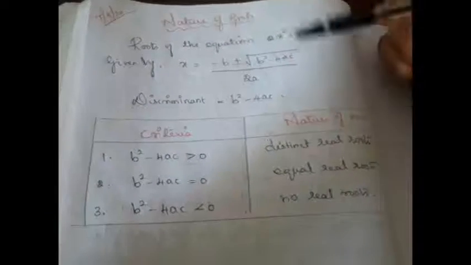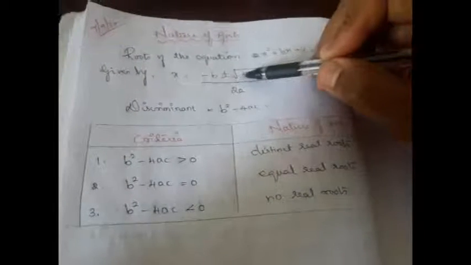Okay. What happens if this b square minus 4ac is going to be a negative number? So far we didn't learn the square root of a negative number, right? You will be learning it in your higher classes, which is called a complex number. Inside the square root, if a negative number is squared, minus 2 if you square it will become plus 4. That we have learned. But inside the square root, if you have minus 4, you cannot take it as 2. Right? It has a different format and it is called a complex number. So there won't be any real roots. If this is going to be negative, then there is no real root.